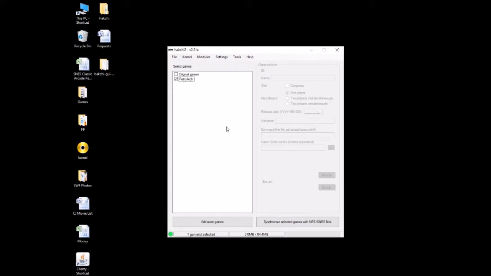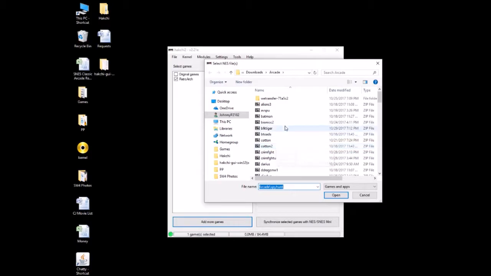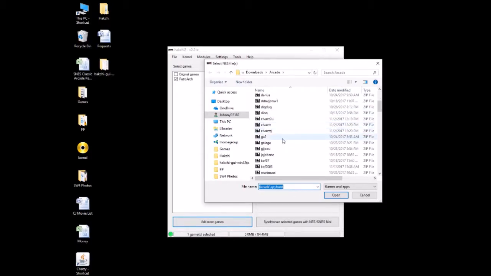Once you have your games, you're going to click this Add More Games button right here. So, Galaga. There you go. Galaga, there's no special version that works or doesn't work. Just do Galaga zip arcade ROM, and it'll go. No problem. Spy Hunter, on the other hand,